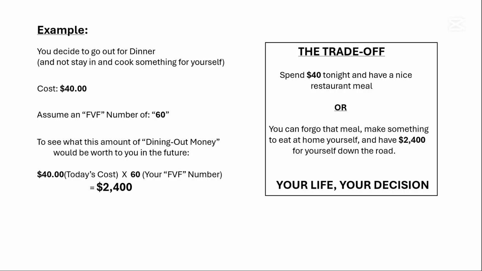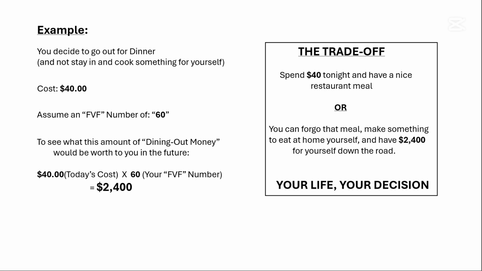Let's take an example. Say you're looking to go out for dinner and not stay in and cook something for yourself. And let's say that dinner ends up costing you $40. So for this example, let's say you've already calculated your personal FVF number, and it worked out to an FVF number of 60. Therefore, to see what this amount of dining out tonight money would be worth to you in the future, you simply multiply the $40 you're going to spend tonight by your FVF number, which again, in this case is 60, and you get a future value of